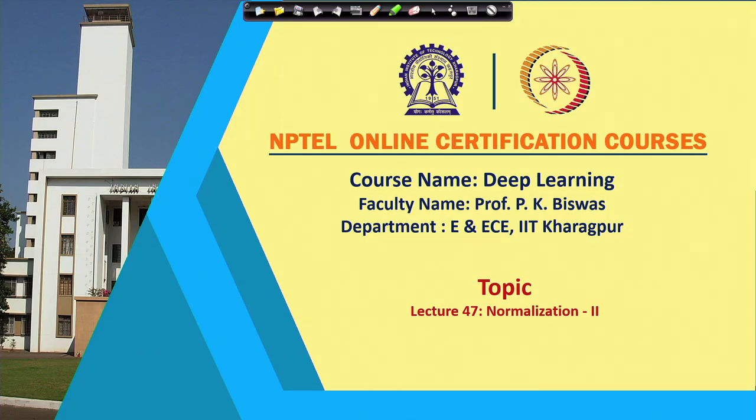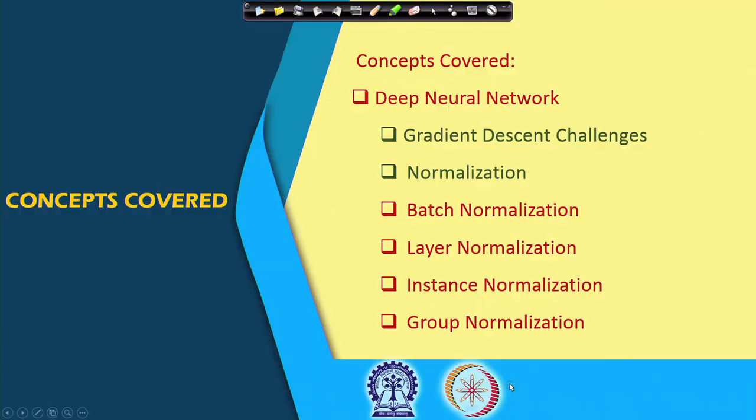Since our previous class, we are discussing normalization, and in the last class we discussed the role of normalization, why we need normalization techniques so that the classifier design can be faster, or the training of the classifier can be faster and the classifier can be more stable. Particularly, we have taken an example